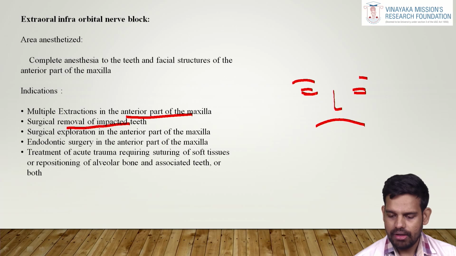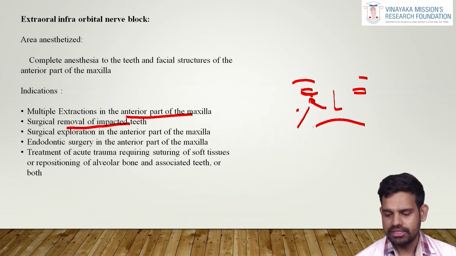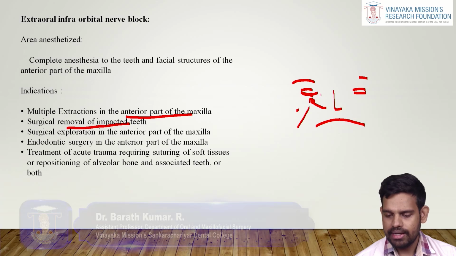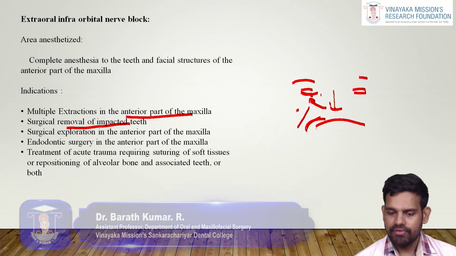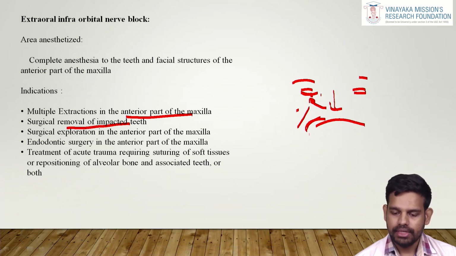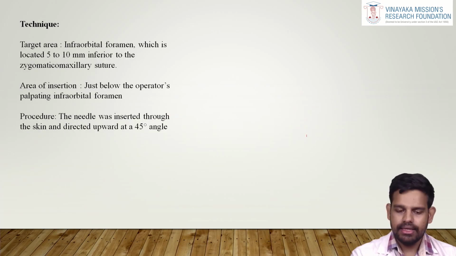So in the face, the infraorbital rim, and it's the infraorbital notch. Just below that is the infraorbital foramen through which the infraorbital nerve comes out. So extraorally we are going to administer local anesthesia to anesthetize the lower eyelid, lateral nose and the upper lip area, along with the anterior teeth, labial and palatal soft tissues. The technique here is the